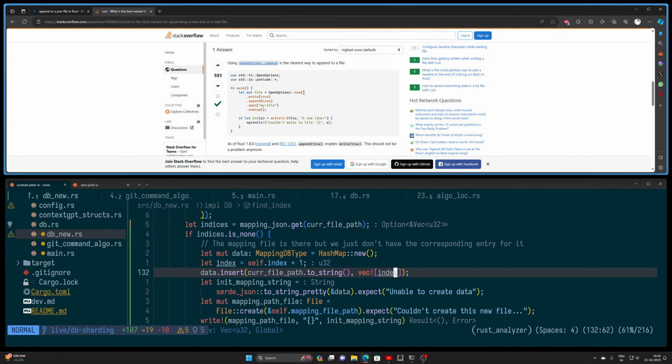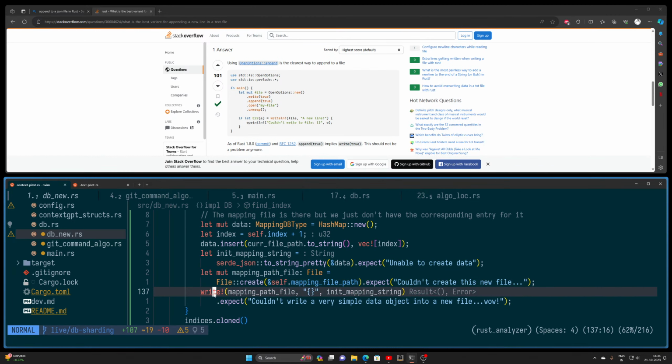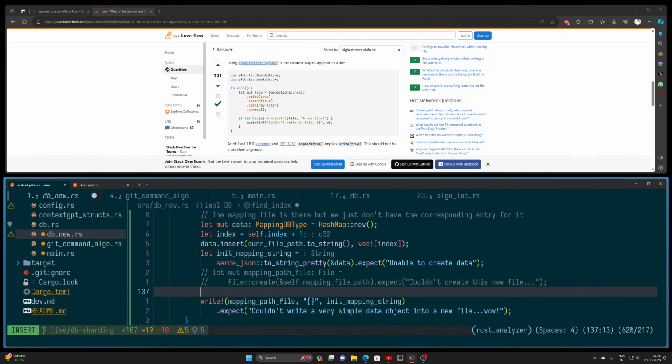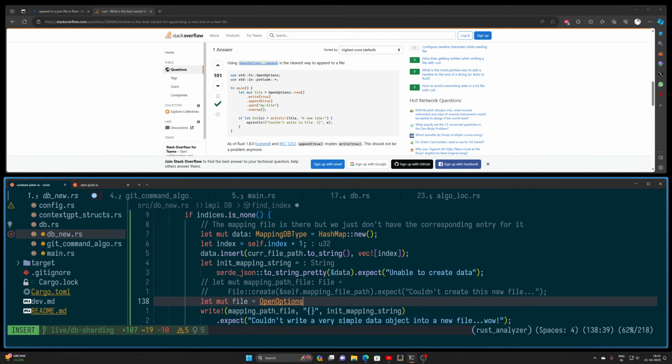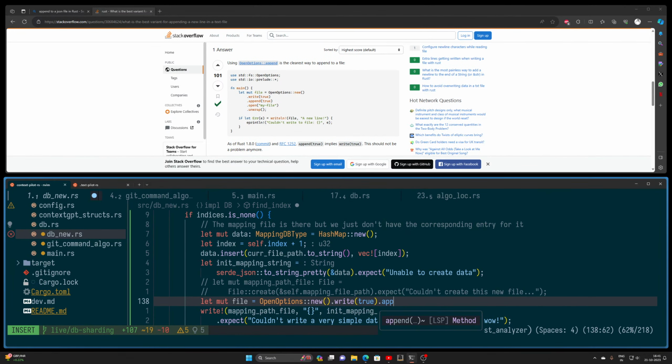File open options is the clear way to append to a file. I don't want to create another file, right? So what I can do is let mut file equal to... I don't want to create as well, right? So that's what's probably going wrong. So I can do let mut file equal to OpenOptions::new().write(true).append(true)